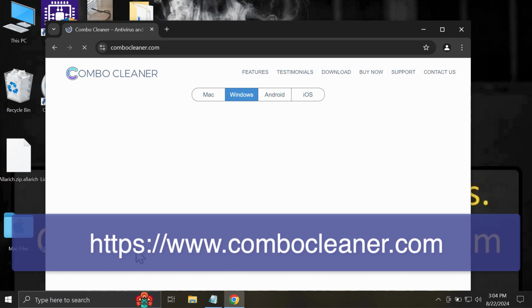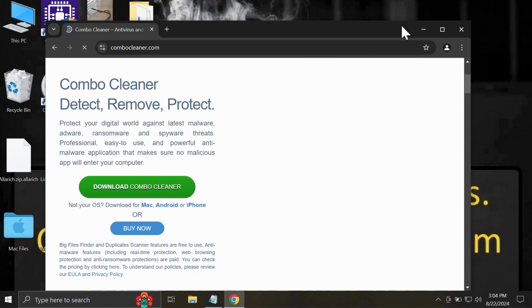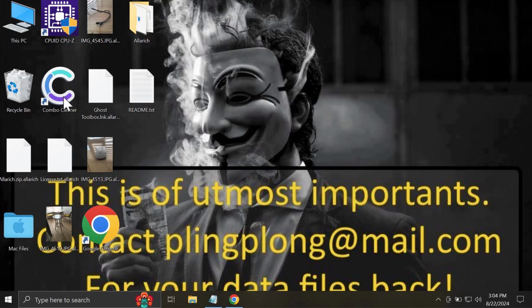You will see this green Combo Cleaner download button. So download it, install it, and then start carefully scanning your computer with its help. Combo Cleaner is initially in the trial mode, and so only the quick scan option is available in the trial mode. So after you click on that